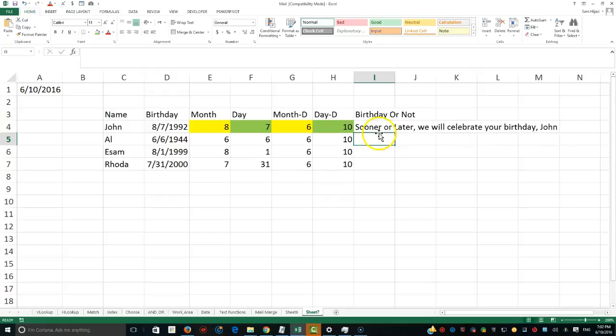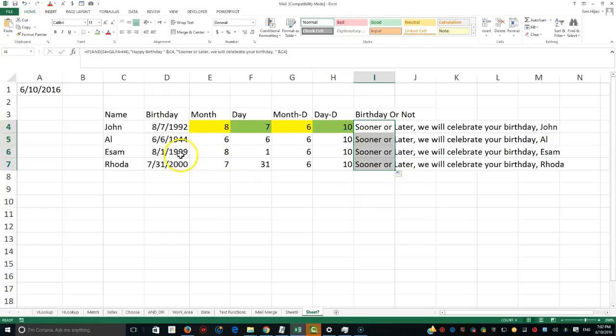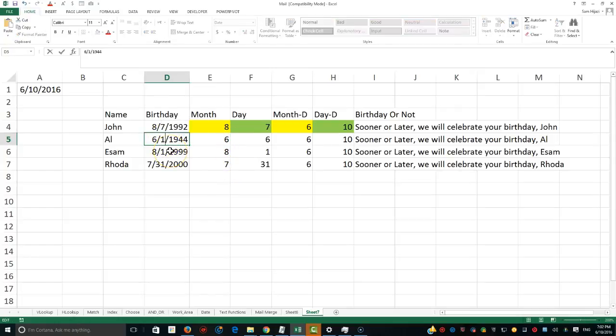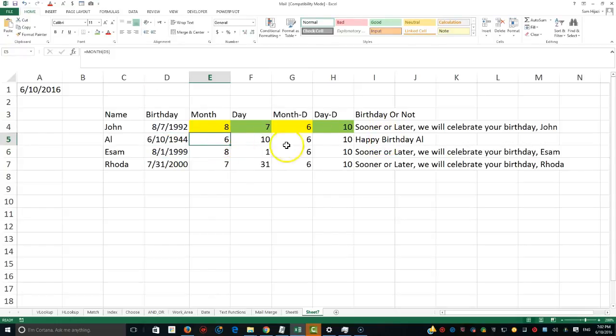Of course, I could put a dot at the end, and none of these people is going to really have this. However, if I claim that Al was born in the month of 6, but his actual birthday is basically today, then we're going to say happy birthday Al, because the month matches the month and the day matches the day. If I have here another name, let's say Tony, and I'm making up his birthday as today's day, let's say he is this young,